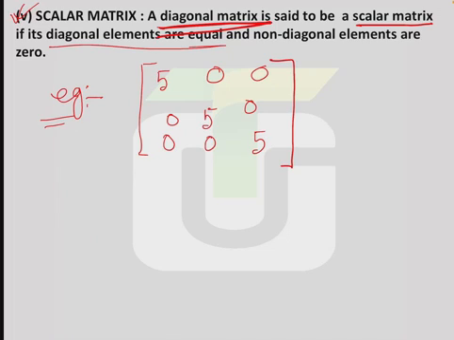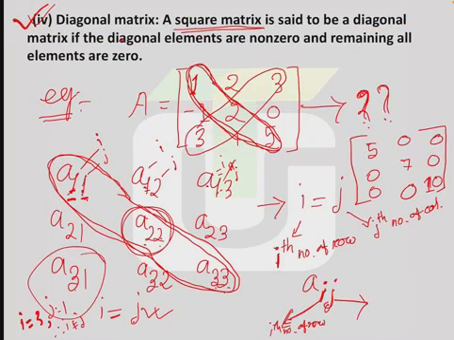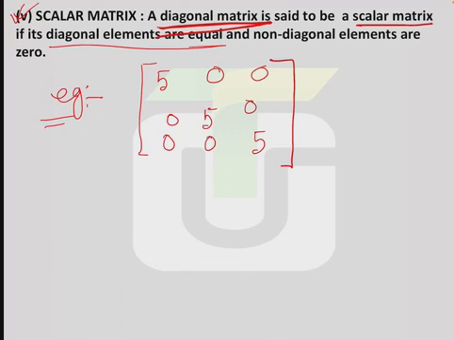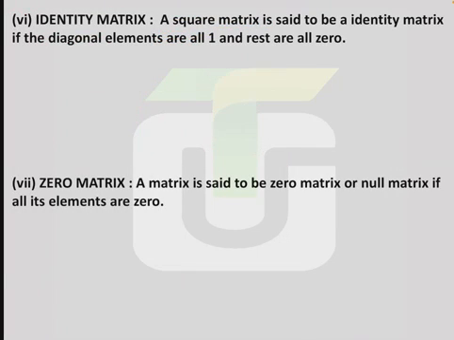जहाँ पे diagonal elements are equal, right? जहाँ पे diagonal elements equal होता है, correct? उसको स्केलर मैट्रिक्स कहा जाता है, राइट? ओके, सो दिस इज वेरी सिंपल आई थिंक. If you are clear about diagonal matrix, then आपको कुछ प्रॉब्लम नहीं होगा स्केलर मैट्रिक्स और आइडेंटिटी मैट्रिक्स समझने में, राइट? ओके, सो नेक्स्ट वन इज आइडेंटिटी मैट्रिक्स.